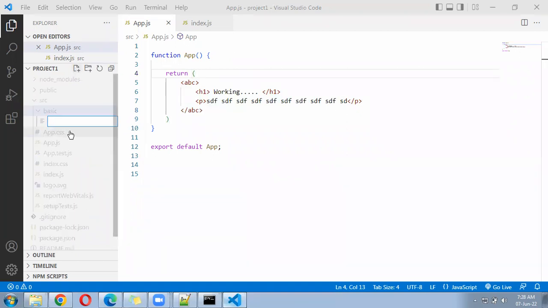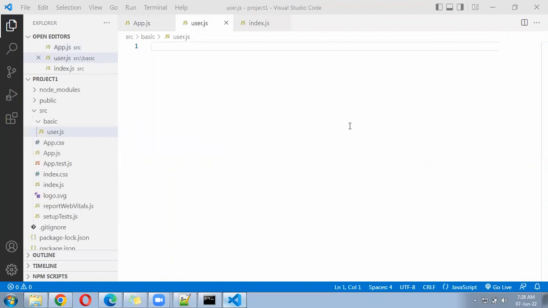Give the file name, maybe user.js. Create a file user.js in the basic folder. User.js will be